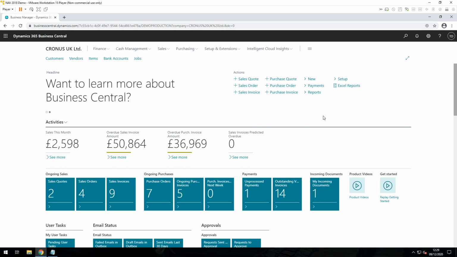That's my user profile. So when you set up a user, you say this user is allowed to post journals. This user is allowed to raise purchase orders. This user's got no access to the general ledger, for example. Their role center might have an option for chart of accounts for some reason. If they clicked on it, they just get an error message: sorry, page must close, you're not allowed to see this. So you don't manage their access by managing their profile or their role center, you manage their access by managing